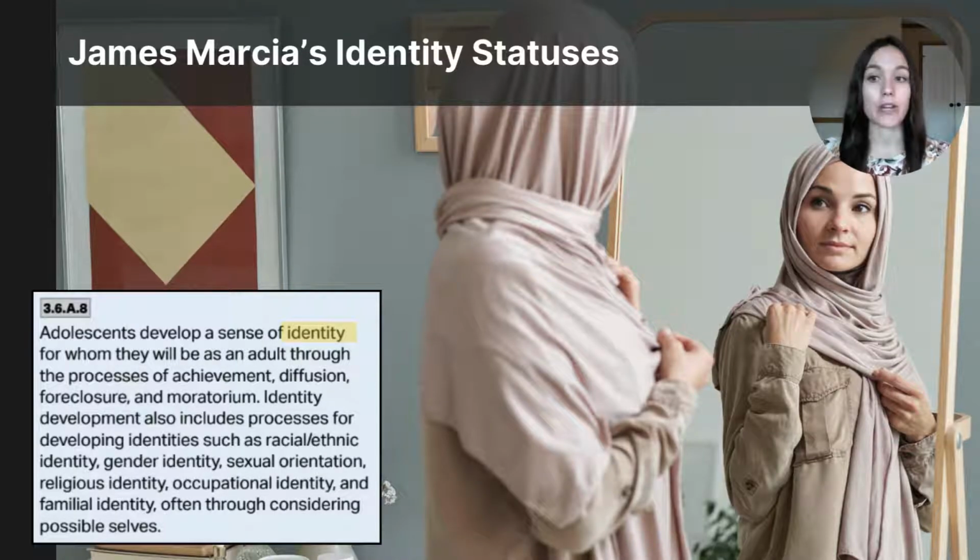And he argued that adolescence is not just a time of role confusion, but a period where people are actively exploring and making decisions about who they are. And those decisions play a key role in shaping their identity. He has 4 identity statuses that offer a more nuanced approach than Erikson's idea, and that adolescents are exploring and making commitments and changing and finding out who they are through 4 different statuses.